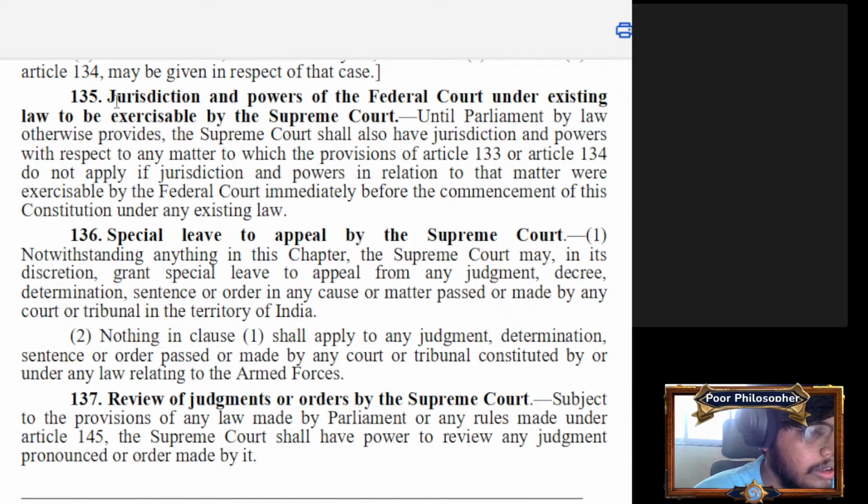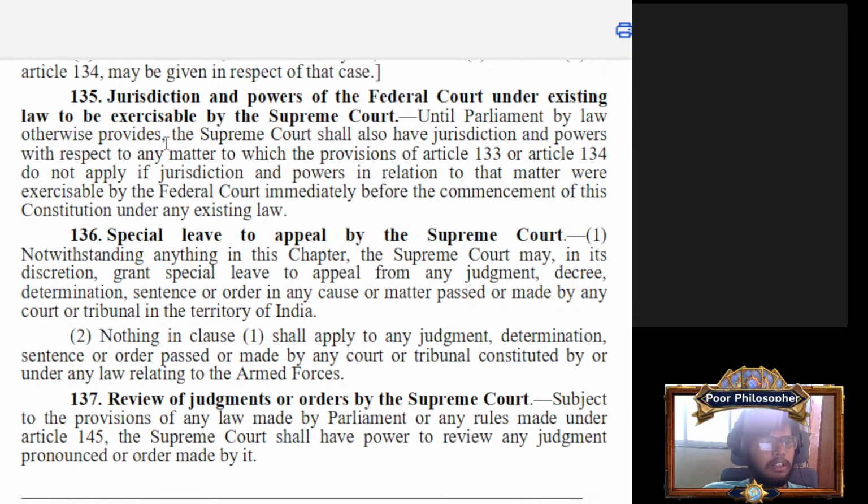Article 135, Jurisdiction and powers of the Federal Court under existing laws. Jurisdiction and powers of the Federal Court under existing law to be exercisable by the Supreme Court. Until Parliament